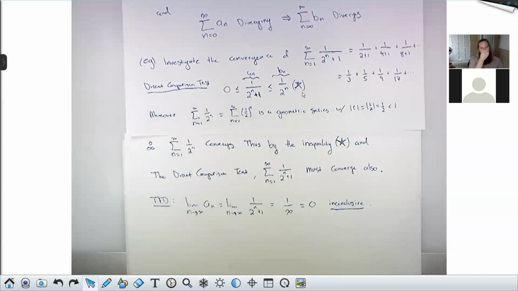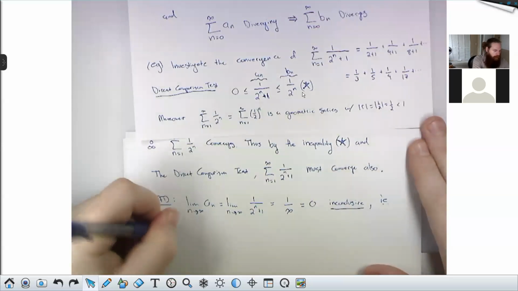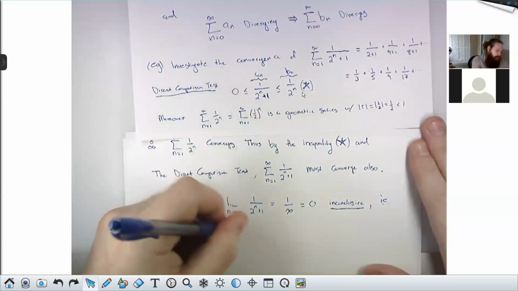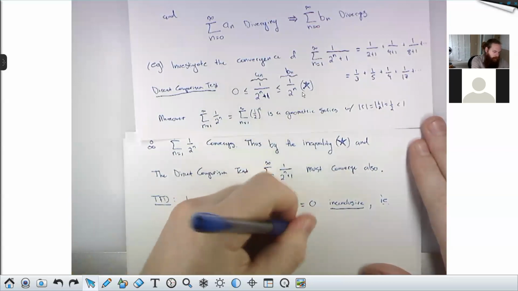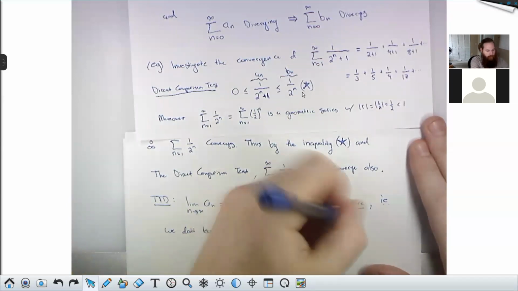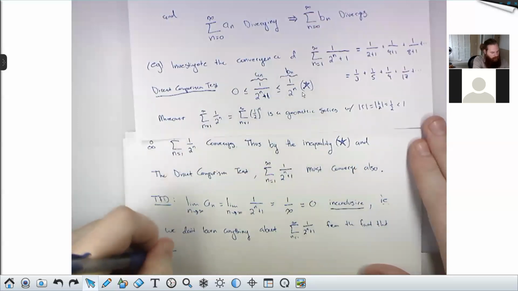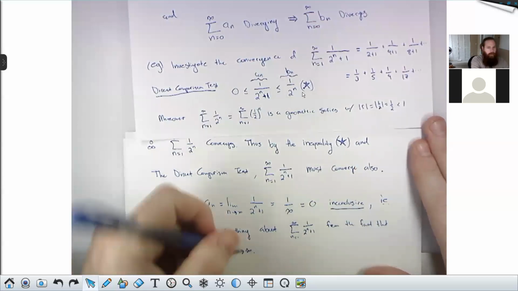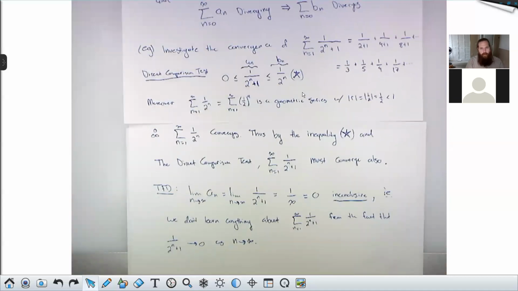So by inconclusive, i.e. we don't learn anything about the series sigma 1/2 to the n plus 1 from the fact that 1/2 to the n plus 1 goes to 0 as n goes to infinity, right? So just because the bottom goes to infinity and the top doesn't, does not mean that the series automatically converges,